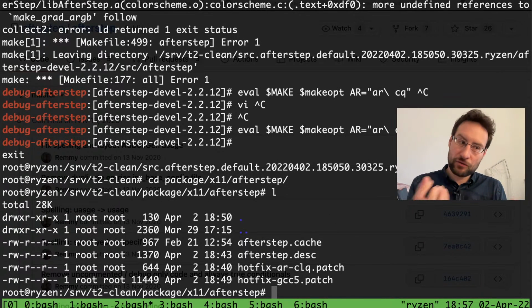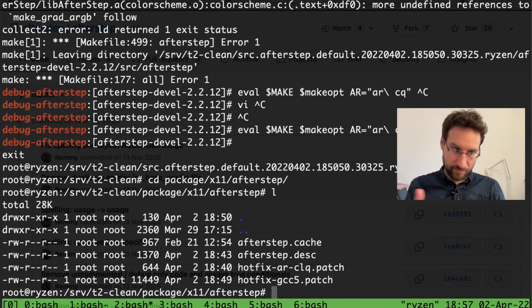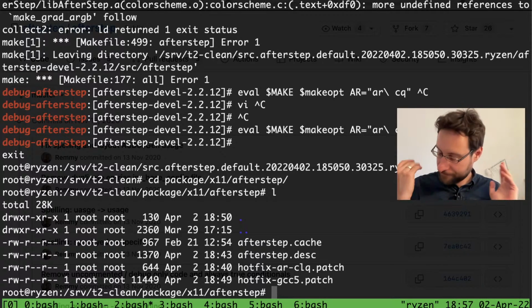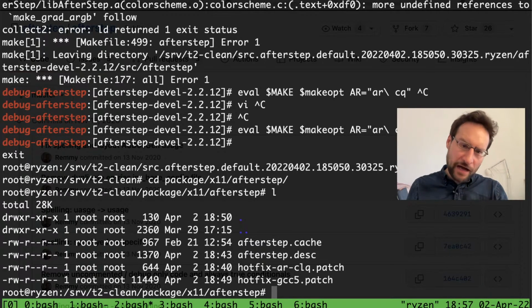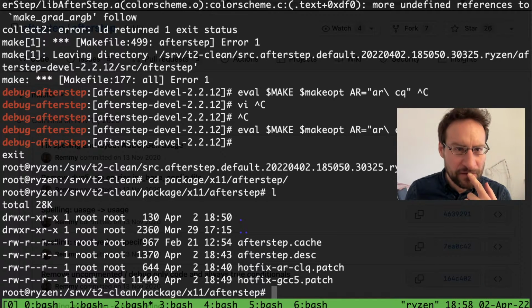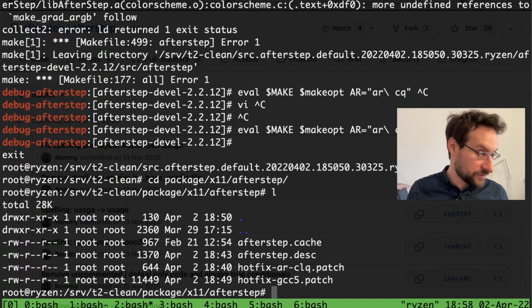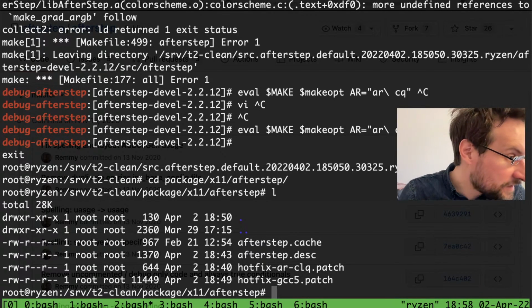I've seen too much low quality C. I nearly called it garbage. Also, the AfterStep people really should have written this in something else. Otherwise, is it C or C++? Probably C. They should have written this in something like Objective-C, which is very underrated,